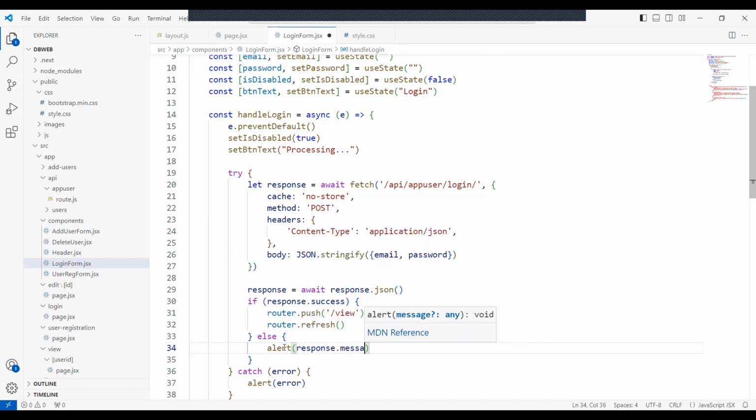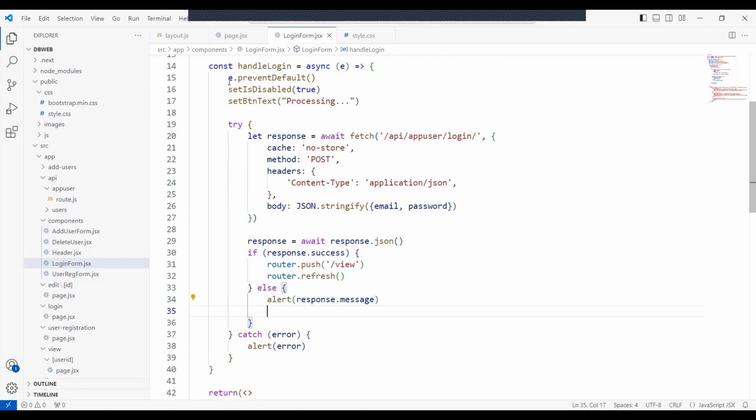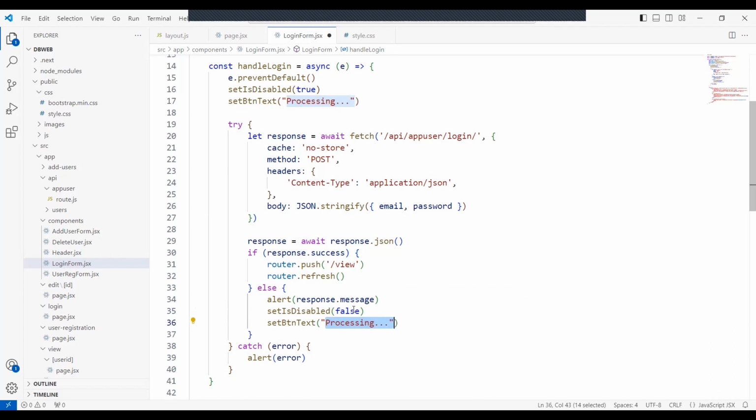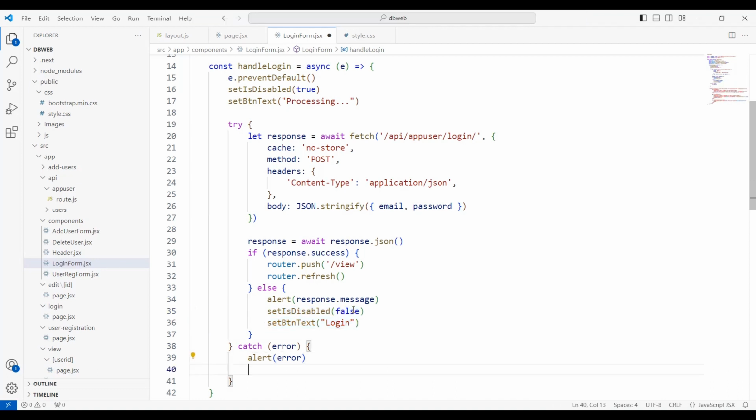response dot message, and then we'll change the button values. So first of all it will be false, and it will be login, and same thing we'll do here inside the catch. So our this login page is ready now,